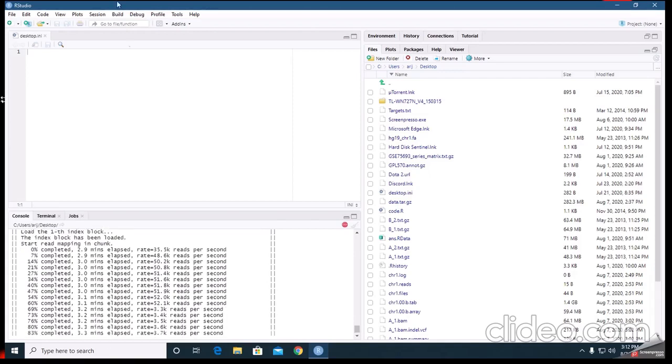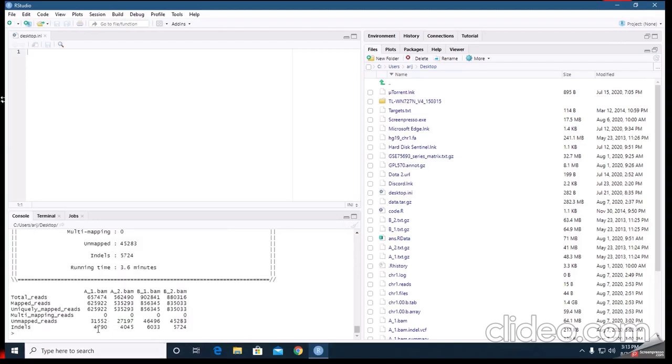See, this is also going to complete, and they are also showing the rate. Okay, now the alignment of our 4 files is completed. They show you the total reads and the mapped reads.